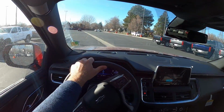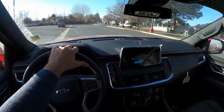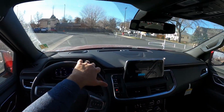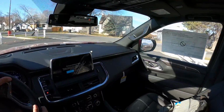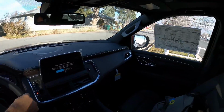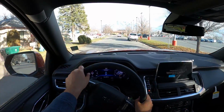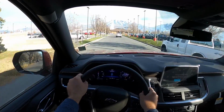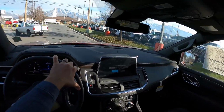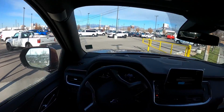I think this one looks cooler, like quite a bit cooler, but regardless of that, I will say I do think that there is a market in the Chevy world for a larger body-on-frame SUV with a diesel from Chevy that has a solid rear axle. That's the big thing. Yeah, again, really good torque. So yeah, I think this thing's great, but like I said, I do think that Chevy could sell, I bet they could sell